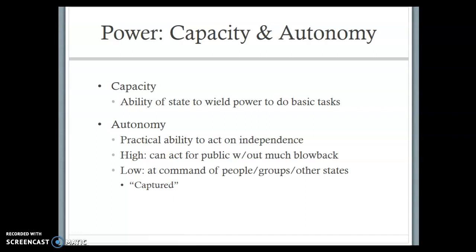So you can see, a high autonomy state can act for the public without much blowback, meaning they don't really have to worry about the opinion of the people. They just can kind of do what they want to do. Low autonomy, they're at the command, or at least having to answer to the people and groups in other states. So they're therefore sort of captured. They're beholden to or responsible to what the people think. So you can obviously see there are some advantages and disadvantages to each of those, because sometimes it is helpful for a state if there's something that it really needs to do just to be able to do it. But of course, that means it has a lot more power and it can be much more abusive if it uses its power irresponsibly. So we will